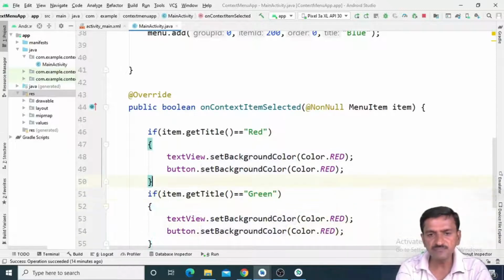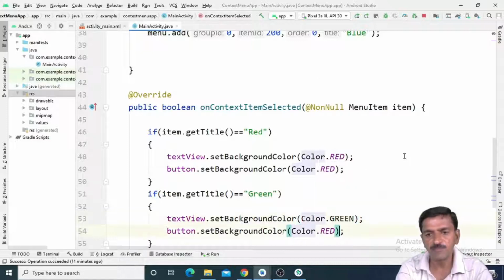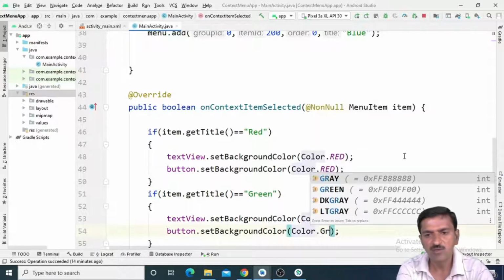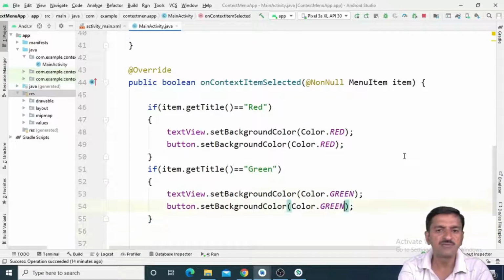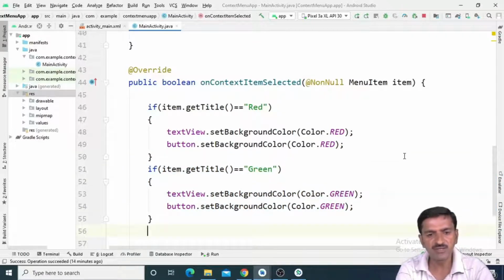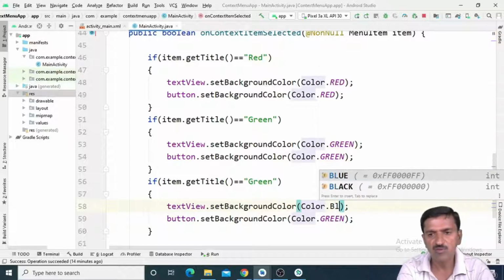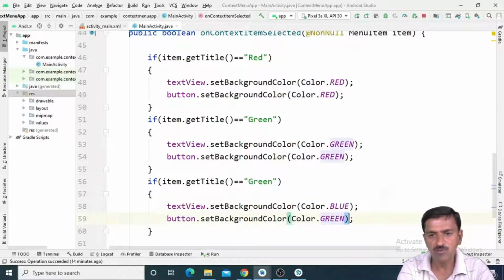If the item selected is green, then I want to change the background color as green. Then if the item selected is blue, I want to change the background color as blue.